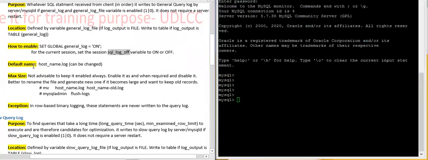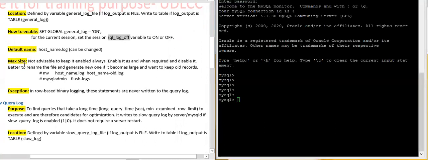What will be the default name of this log file? The default name will be your server's hostname .log, but you can change it as per your requirement.